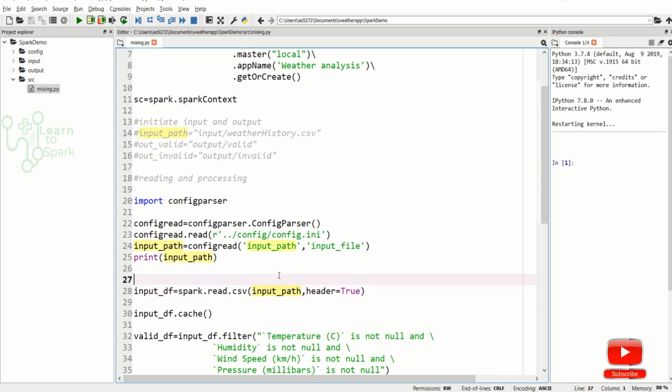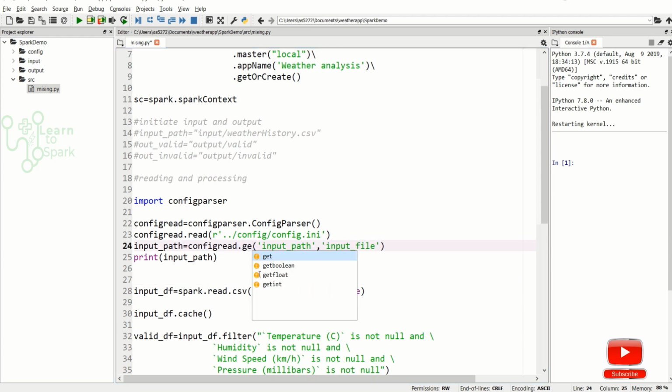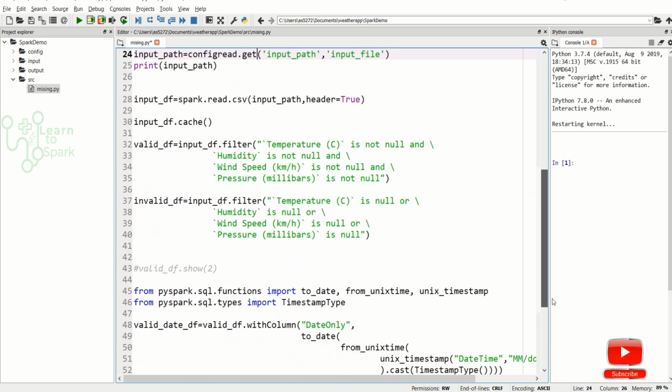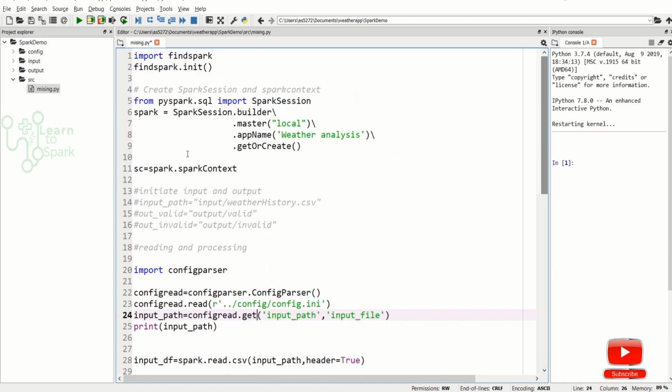Let us run this code to check whether our input file from the config has been read and taken as input to input_df. Okay, here I have missed something. We have to give config.get to get the key value path. So now we are done. Let me execute the code.